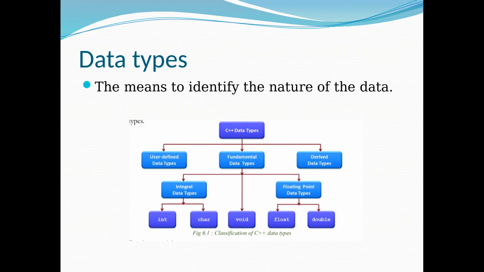In C++, data types are mainly divided into three types, that is user defined data types, fundamental data types and derived data types. Last year we came across only fundamental data types, that is int, char, void, float and double. And we all know that these fundamental data types are inadequate to represent all types of data. So our programming language provides a facility to define new data types as desired by the user, that is structures.